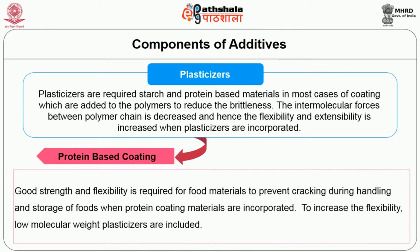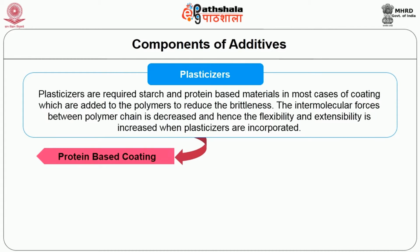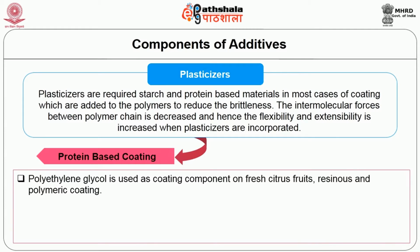Plasticizers in protein-based coating. Good strength and flexibility are required for food materials to prevent cracking during handling and storage of foods when protein coating materials are incorporated. To increase the flexibility, low molecular weight plasticizers are included. Some of the commonly used plasticizers with protein and lipid materials in coating of foods are: polyethylene glycol is used